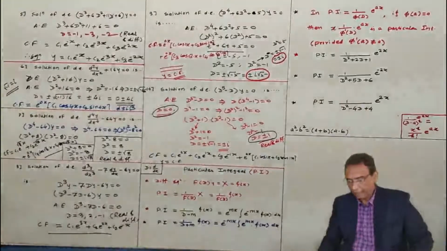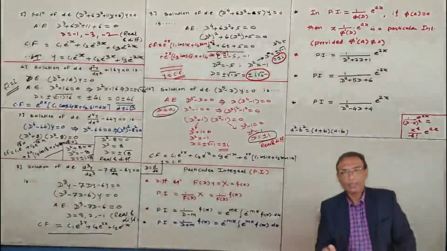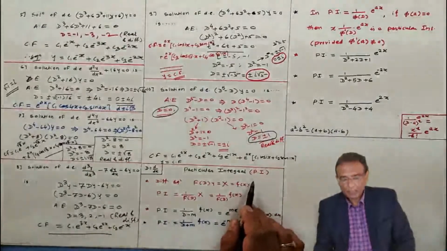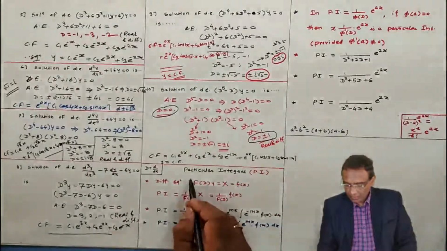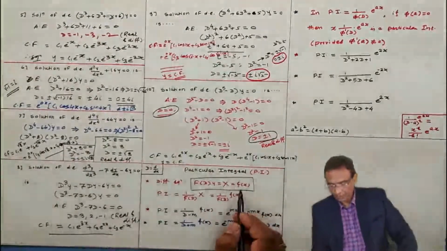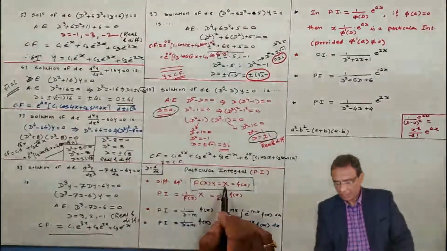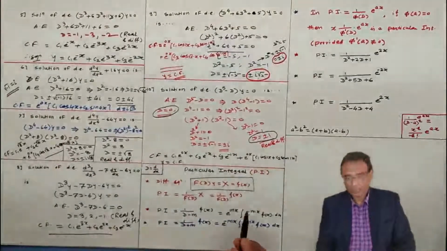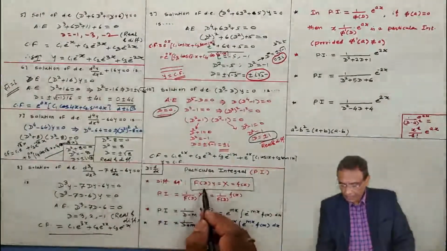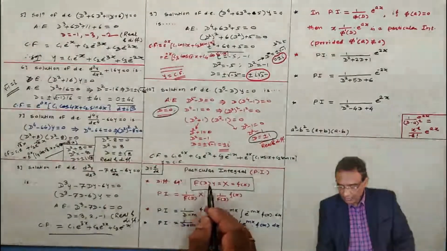Now very quickly, the particular integral. We have discussed 10 different problems, which covered the varieties I tried to cover. Now the particular integral depends on the right hand side of the differential equation when it is written in the standard form. The standard form means the y term and dy by dx derivative terms on the left hand side, and only x terms on the right hand side explicitly. So how to find the particular integral? For the standard differential equation, f(D) y equals f(x), I have to shift f(D) to the right hand side.